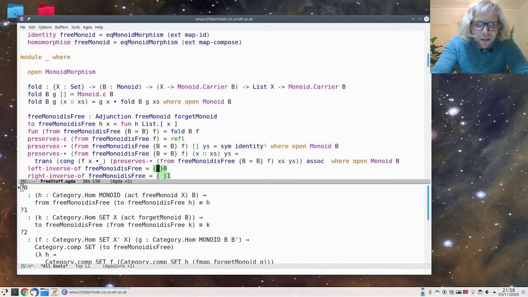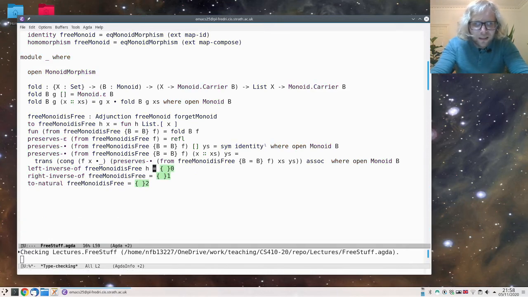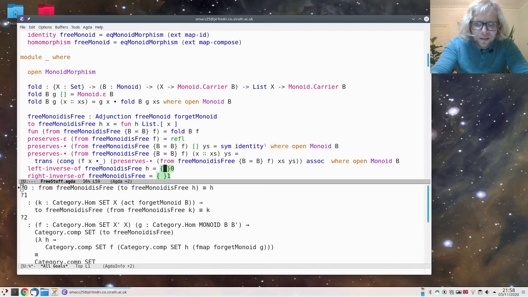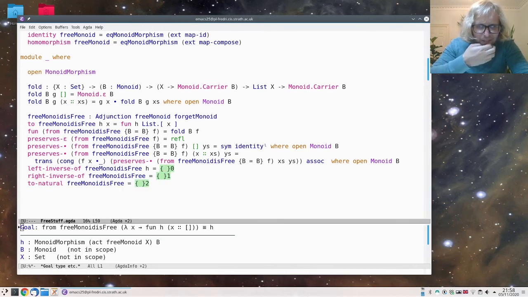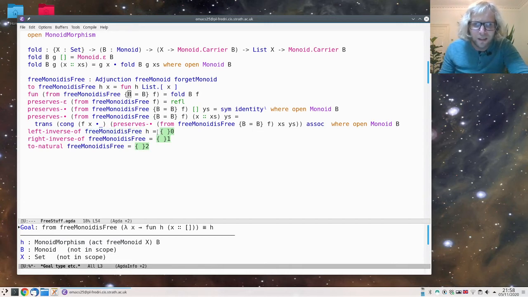Right. Okay, and here, what do we have to prove? So this is the round trips now. Right, so here's another interesting thing we should prove, right? Which says that if we do the from, which we define to be the fold, and instantiate it in a certain way, then we recover the H, which was the monomorphism we started from. So again, this is an interesting fact that we are just told that we should prove by trying to prove